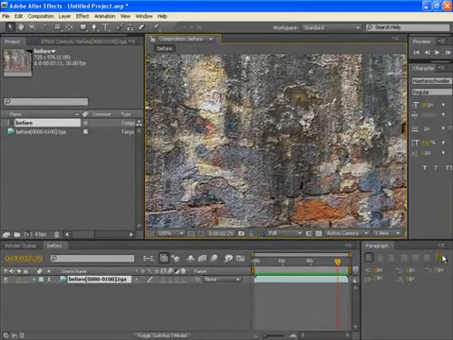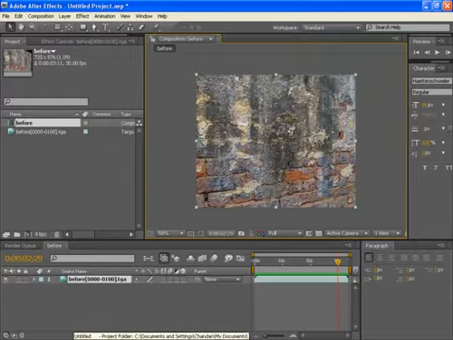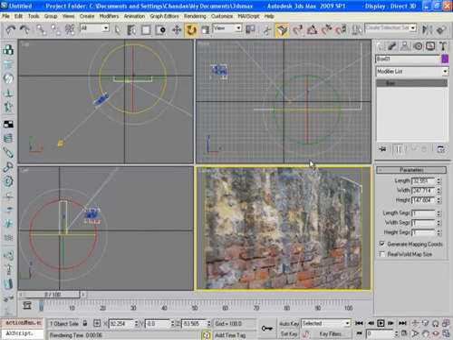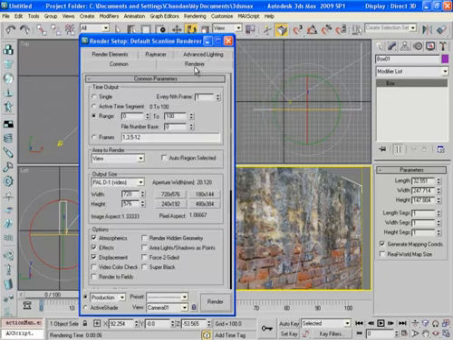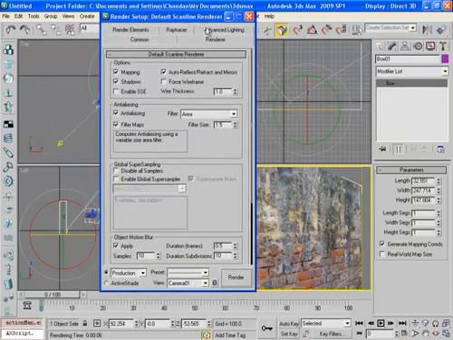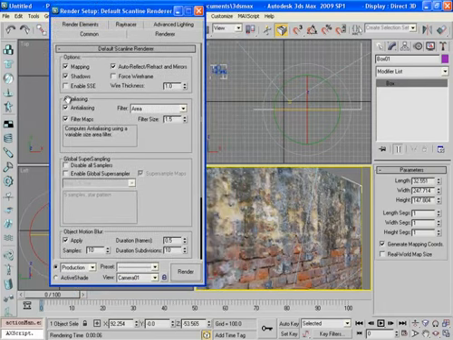So let's go back to 3ds Max once again. Now let's do some corrections in the process to achieve a flawless result. So go to rendering and render setup once again, and here in renderer you are seeing this anti-aliasing. This is on, but filter is set to area, which is the default filter.